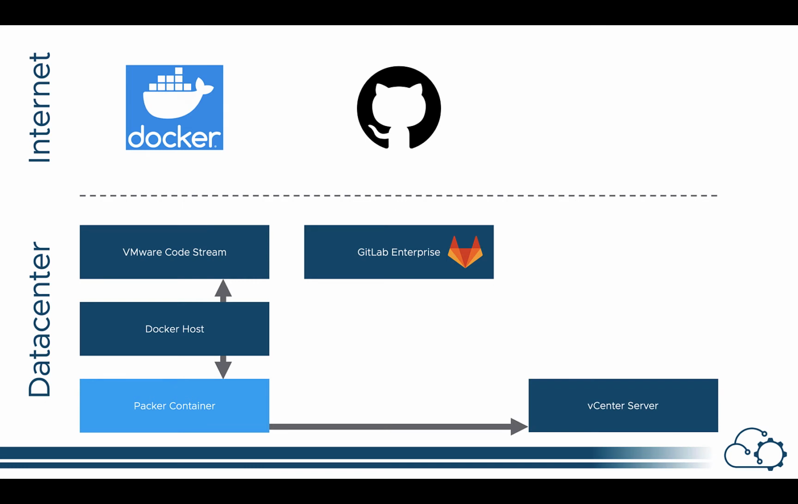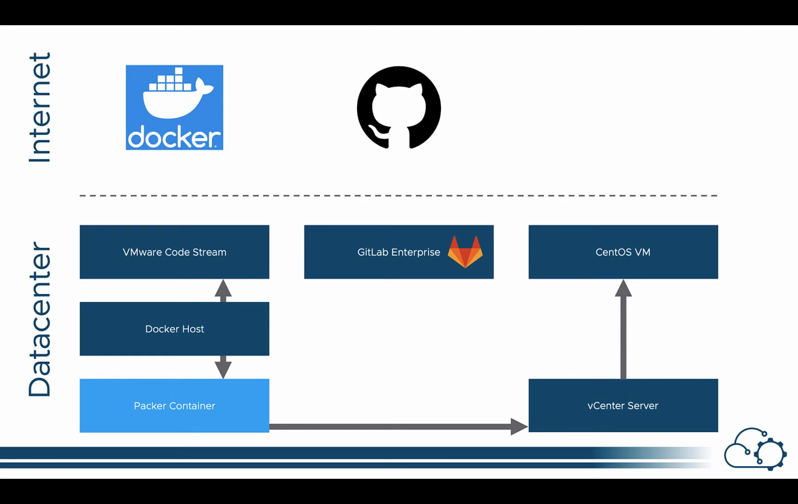The next step is that the actual Packer process itself starts, and Packer will start off by communicating with vCenter and creating a CentOS VM. Now this is an empty VM at the moment. It will have certain physical resources, it will be connected to a network, it will be placed on a data store, and it will be connected to an ISO image to install CentOS from. Now when the VM is powered on,